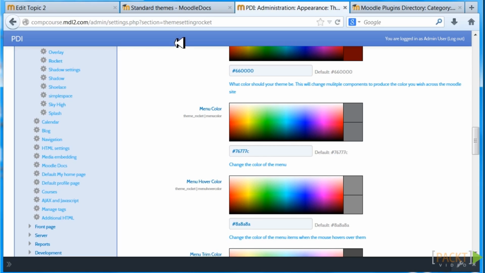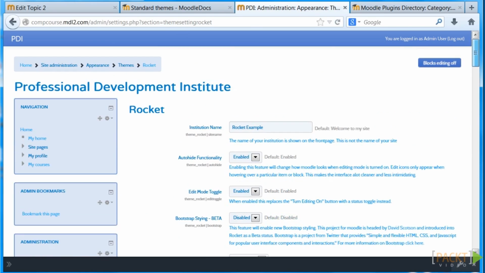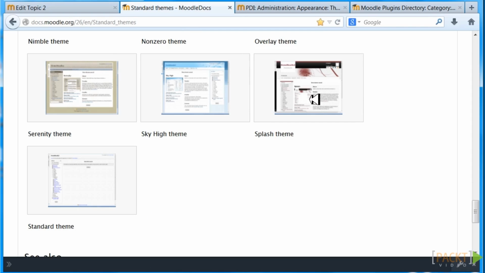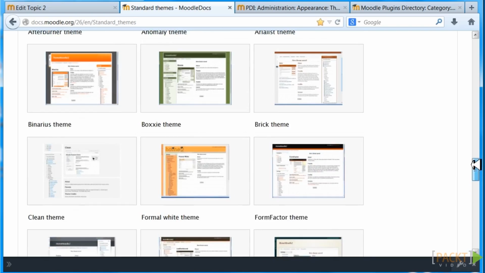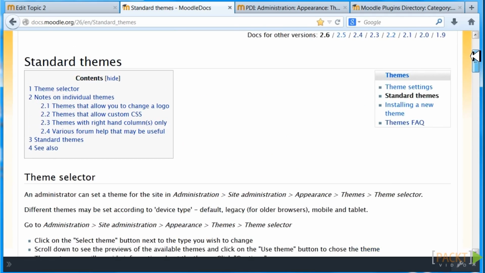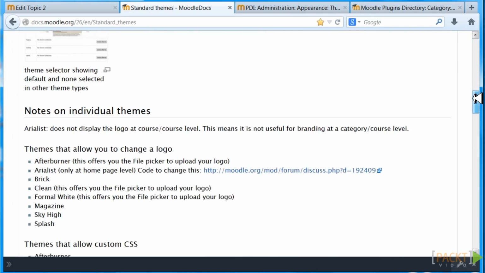So again, if you want to review themes, I would recommend doing it in a systematic way so that you are looking at different attributes and gathering the ones that fit your goals. I mean, you can just look at what Moodle Docs suggests. For example, here we are in Moodle Docs, and it gives you a list of